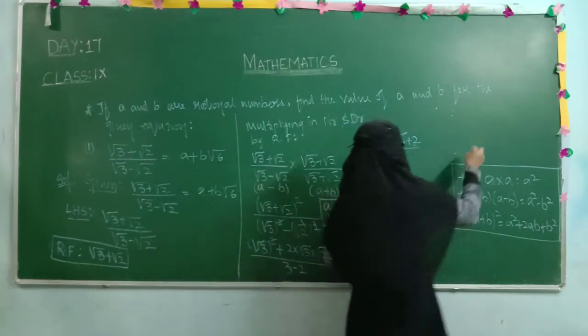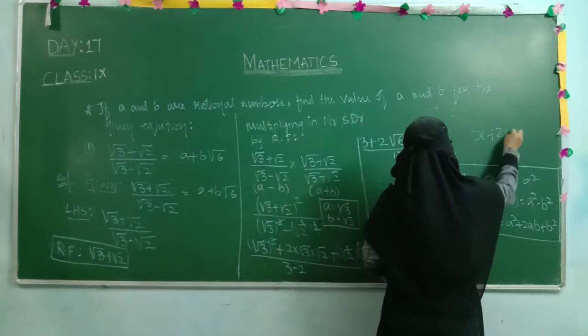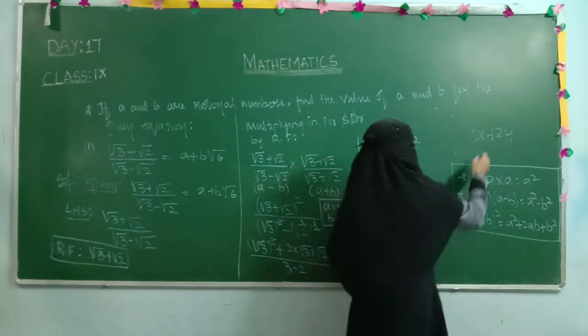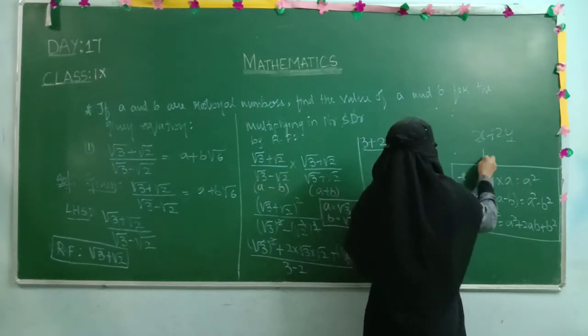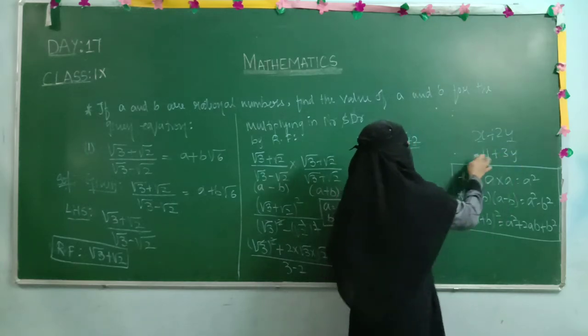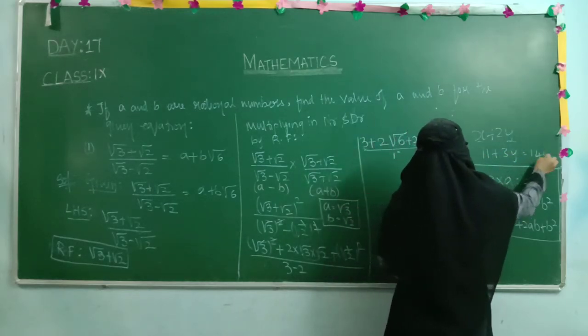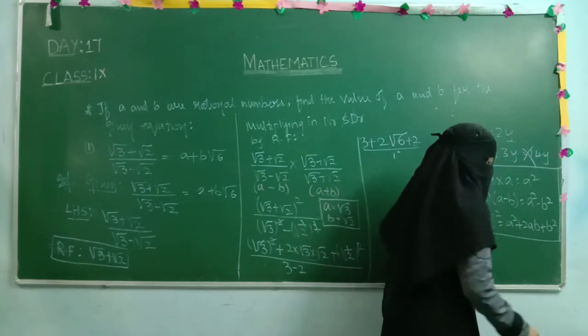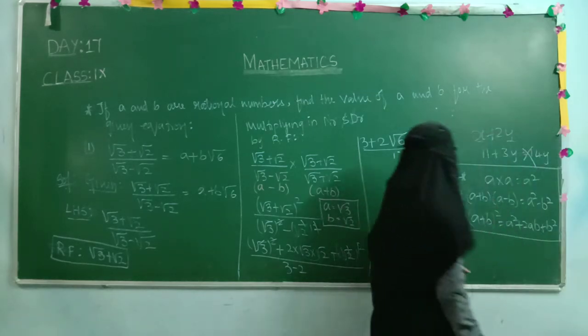It is similar as suppose you are having x plus 2y. Can we add this? Because the variables are different here. And like this also, 11 plus 3y. Can we add that, 11 plus 3 is 14y? No, we cannot. Why are we not writing like that? Why are we not adding them?